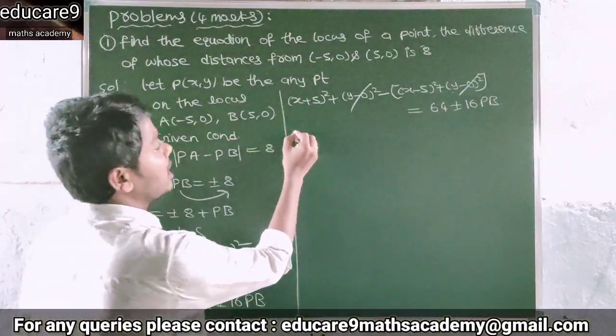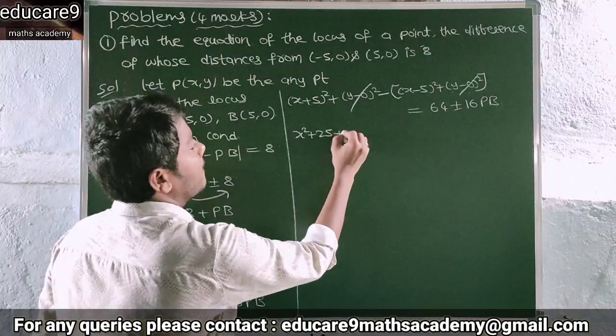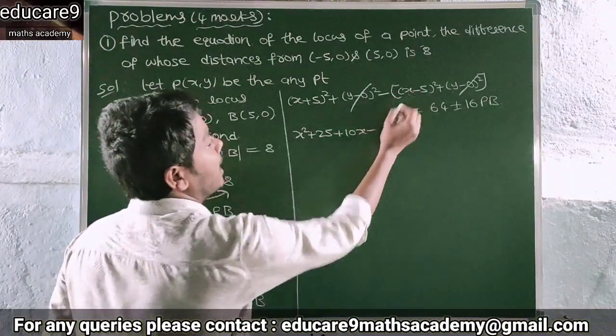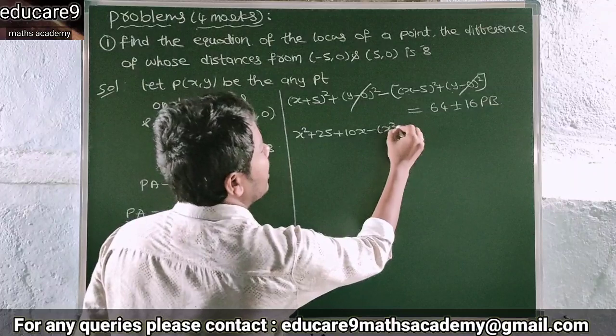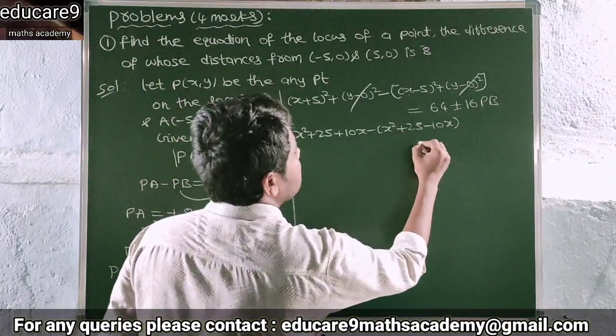Now what is the remaining value? x² + 25 + 10x minus (x² + 25 - 10x) is equal to